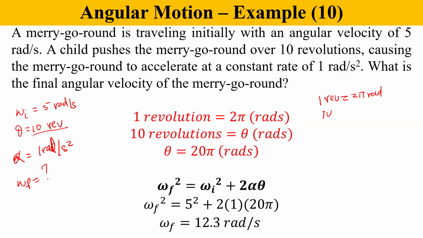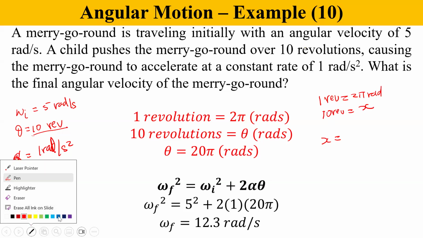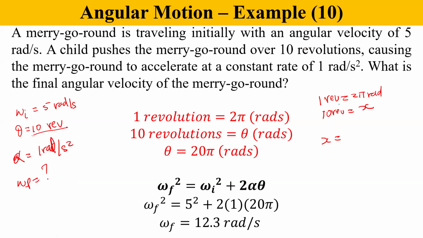You put 10 rev is equal to how many radians? Cross multiply and you will get X times 1 rev is equal to 2 pi rad